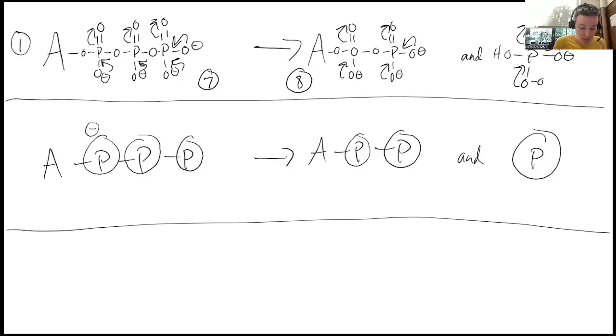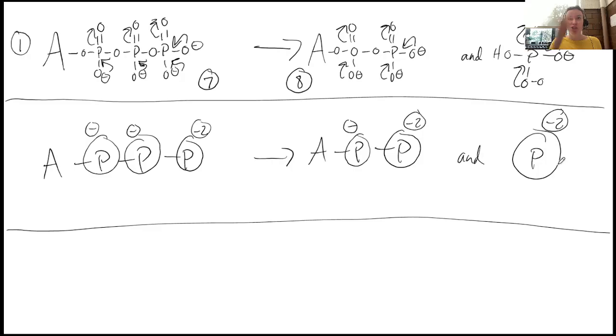Well, remember we have negative charge on each of these phosphates. And you can see here on the left-hand side, we have bam, bam, bam, 3 negatively charged things right next to each other. Well, on the right-hand side, now we have 2 negatively charged things right next to each other,